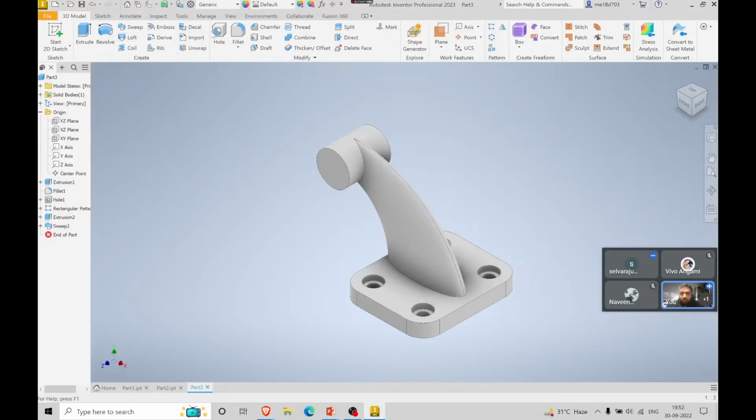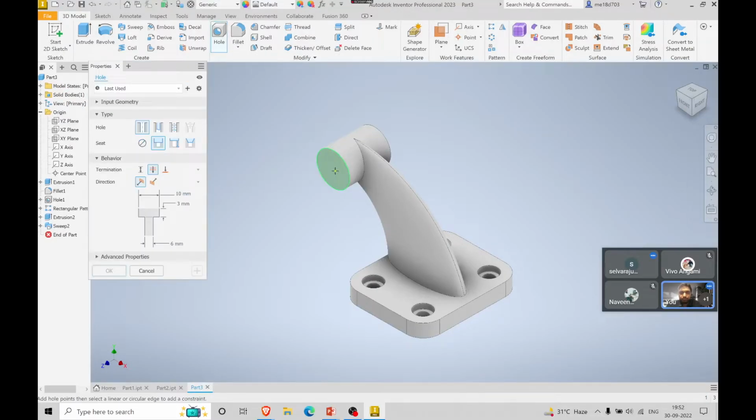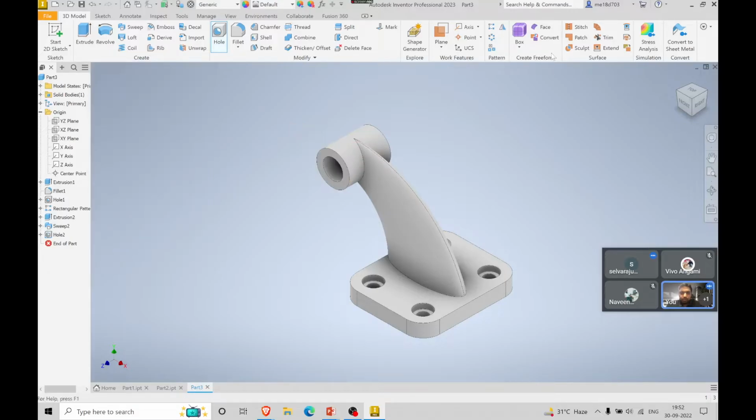So a dia 12 hole you have to create. Make this coincident, through all. So going to 12 mm. Okay. So if you see now,